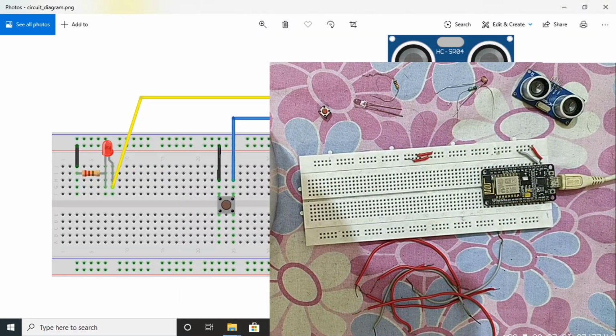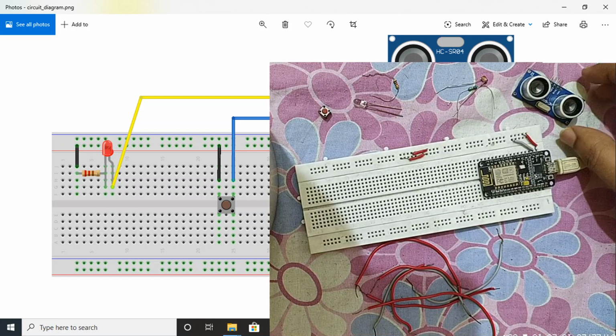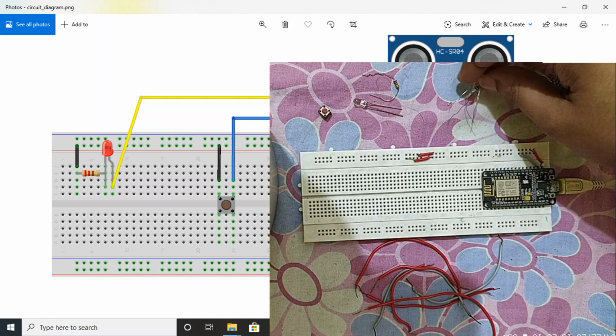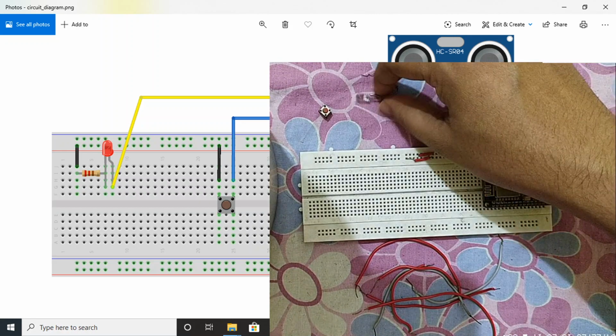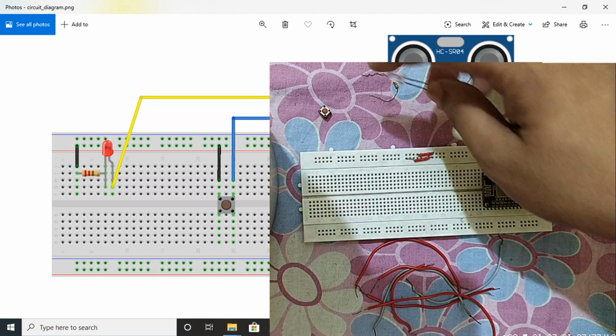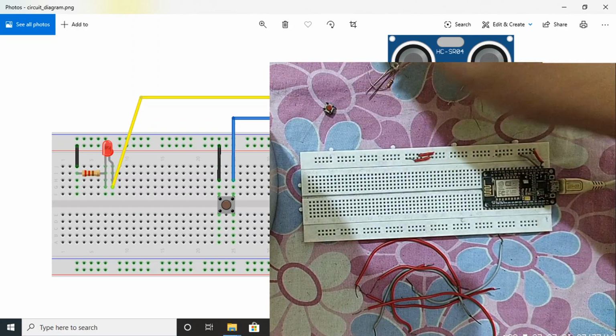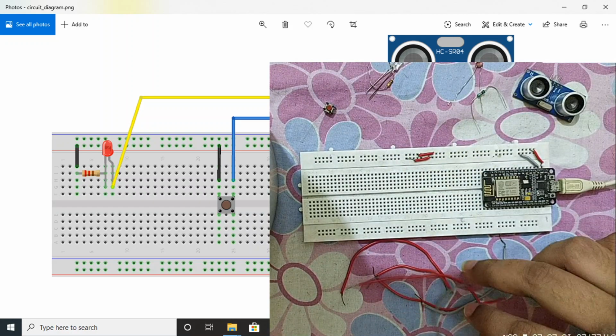Fine. So as you can see in the setup, we have this ultrasonic sensor. This is the LDR, and this one is the 10 ohm resistor with it, and this electric bulb, a simple LED with a 1K ohm resistor, and this is a push button, and there are some jumper wires you will need.